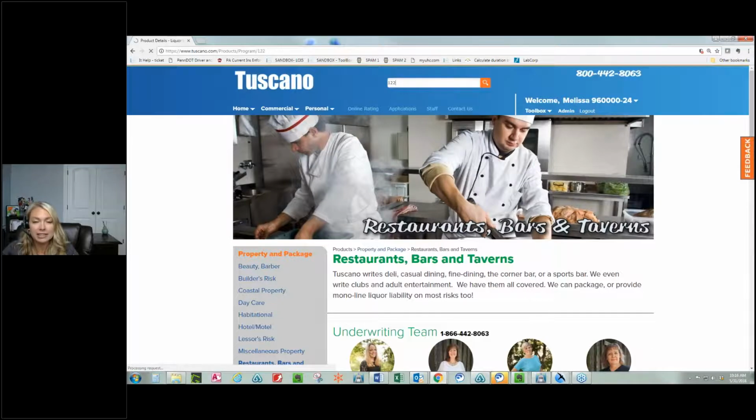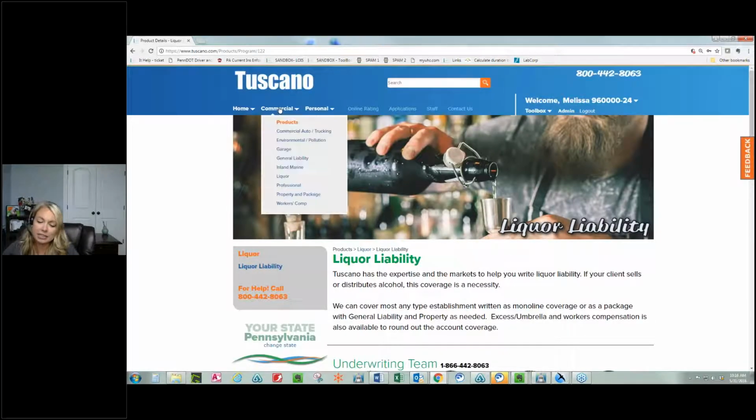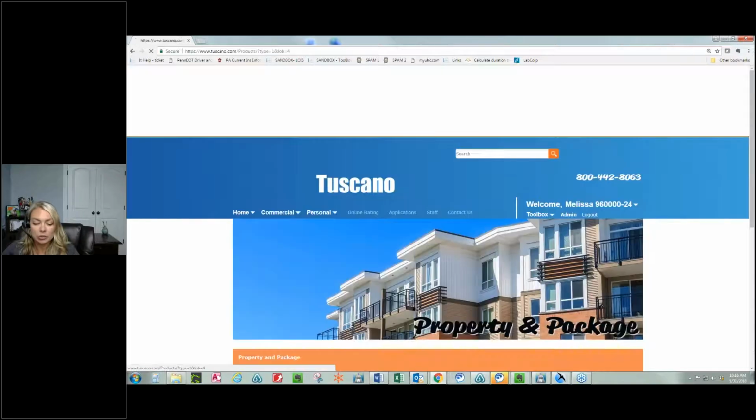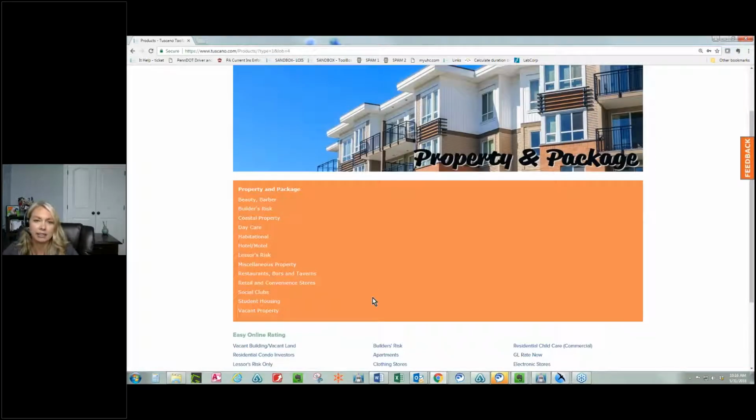We also have markets that can do 0% coinsurance on buildings. So if somebody is purchasing a building for a very low price, they got a really good deal on it, and the square footage warrants a high replacement cost or even a high ACV for that matter, and they just need to insure it for what they paid for it, we can definitely do that for you on a 0% coinsurance basis. Vacants, we love vacants.